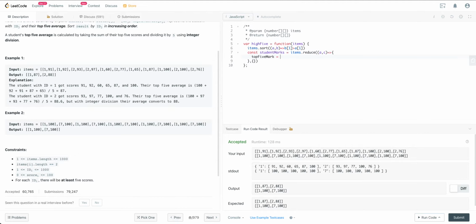It should be, we have accumulator and current value, so it should be current value of, and we have accumulator, so accumulator of current value, and we are storing it by the id, so that goes by 0. So this should exist, right? So if top 5 mark exists